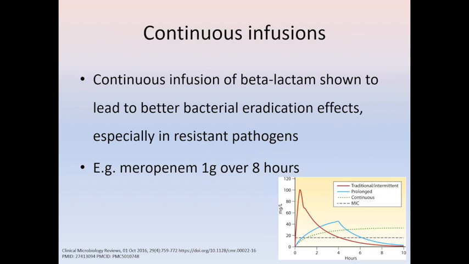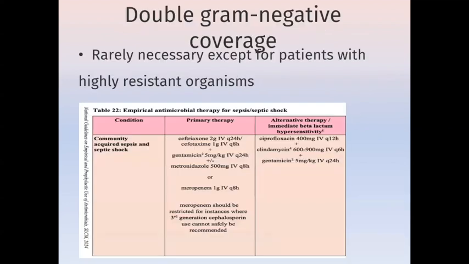And then, of course, continuous infusion of beta-lactam is shown to lead to better bacterial eradication because it gives levels above MIC for a longer period, for example when you give 1 gram of meropenem over 8 hours. Double gram-negative cover is shown not to be superior,